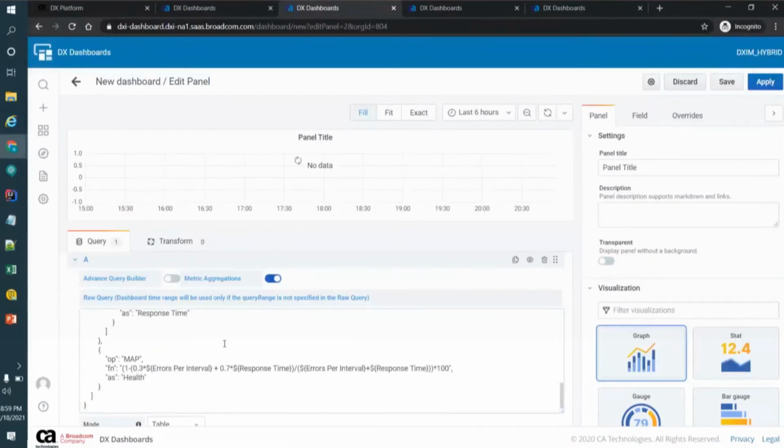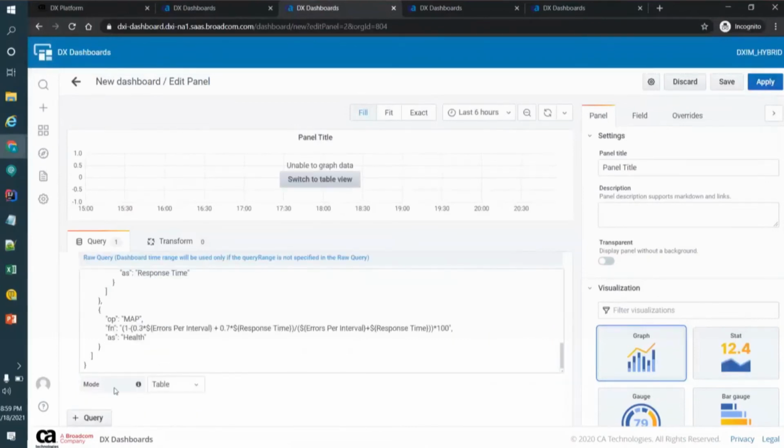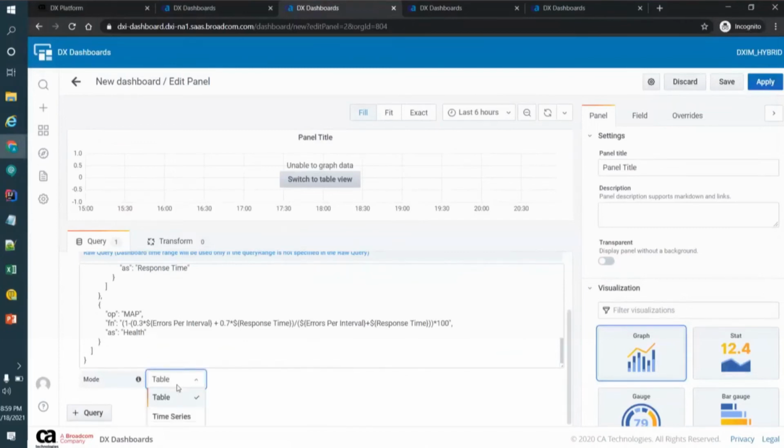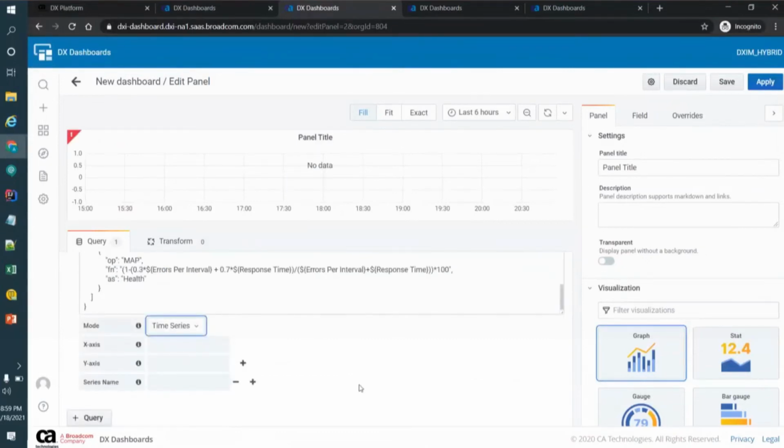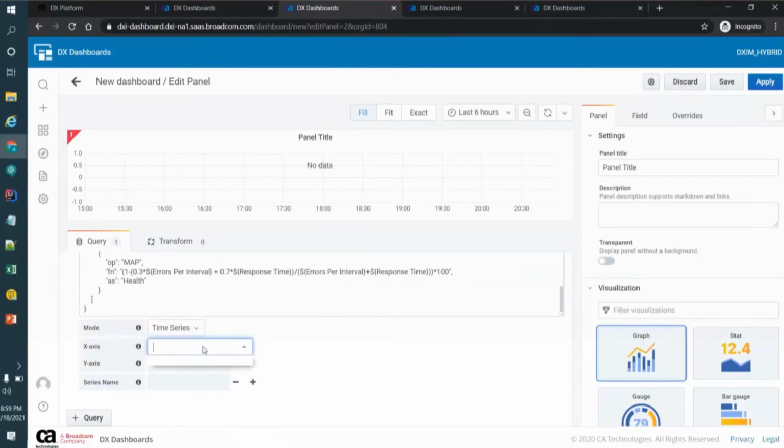Once you give the raw query here, we'll ask the user, how do you want to display your data? Do you want it in a table format or a time series format? Let me say I need a time series format. So in order to plot a time series, I need to know what my x-axis and y-axis are, right? So I ask the user, what is the x-axis?